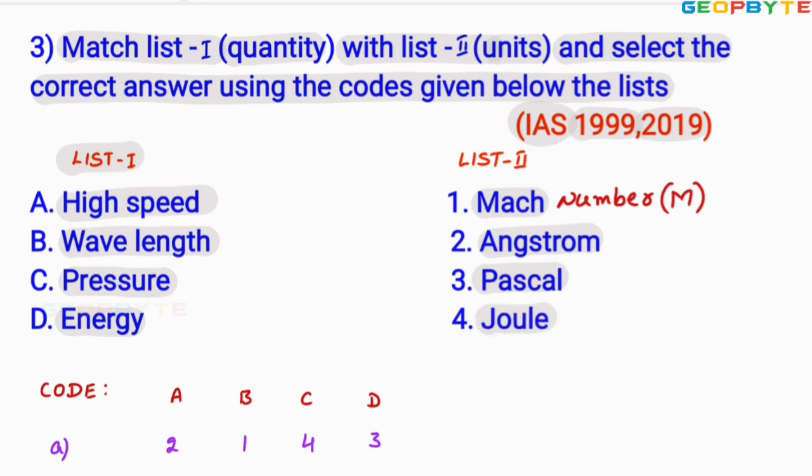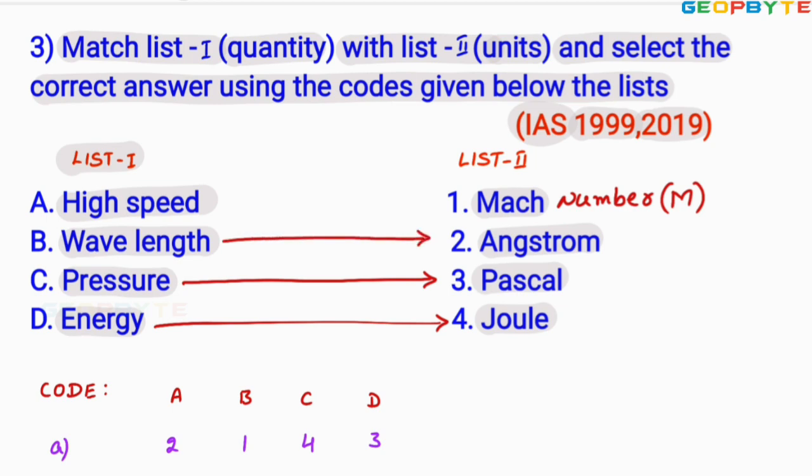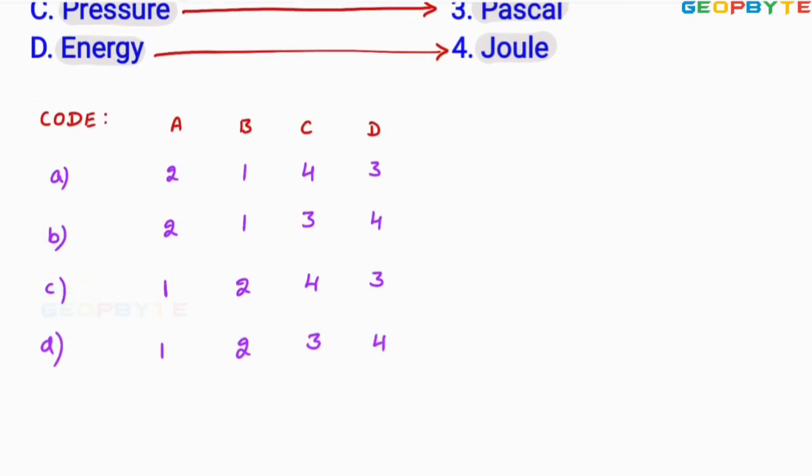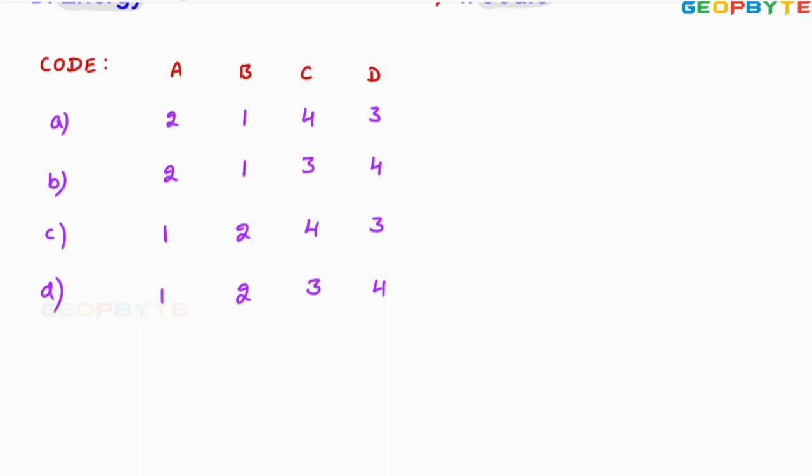Dear friends, remember energy unit is Joule, pressure unit is Newton per meter square or Pascal, wavelength unit is angstrom. Here high speed is connected to the Mach number, because